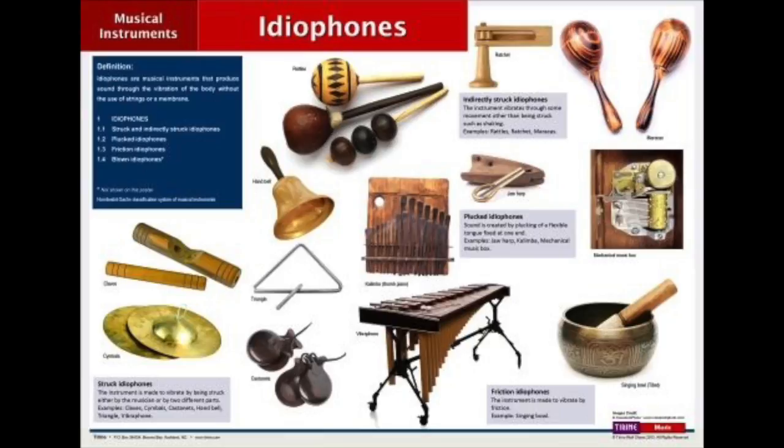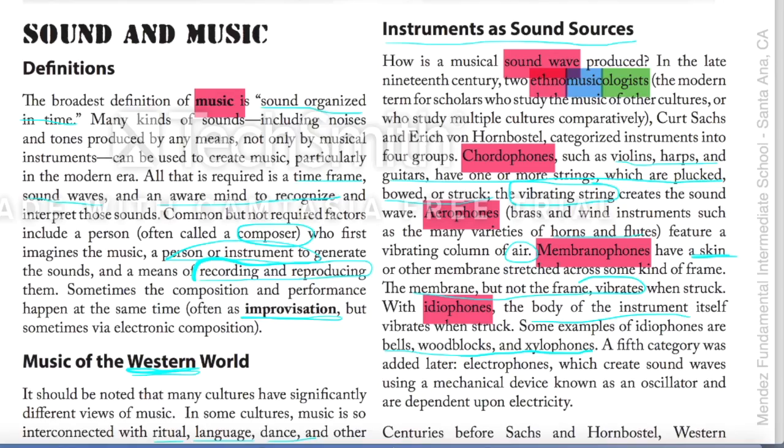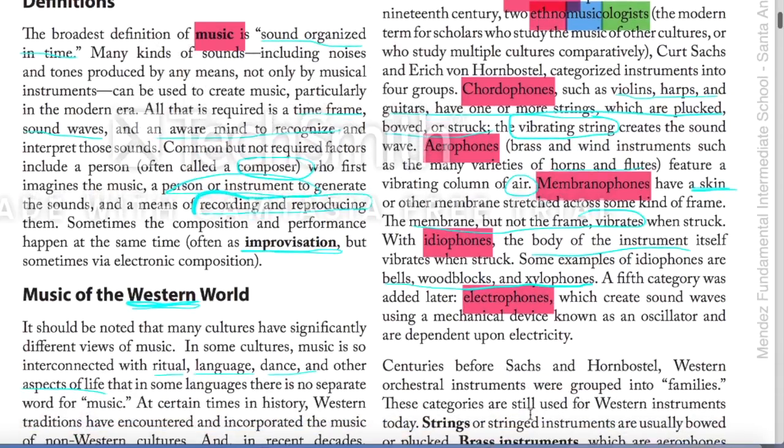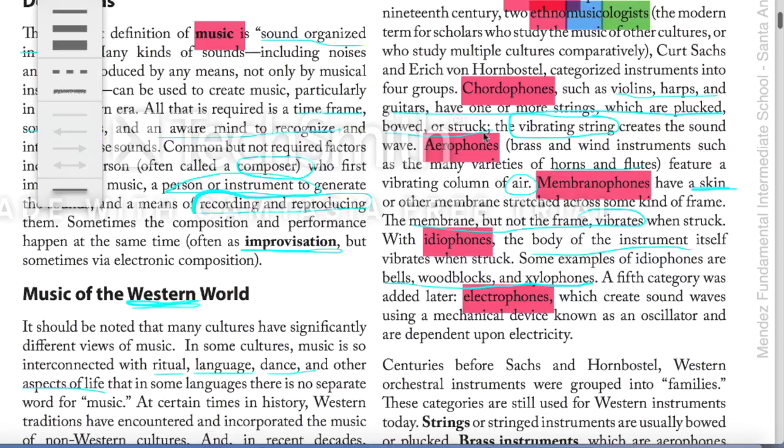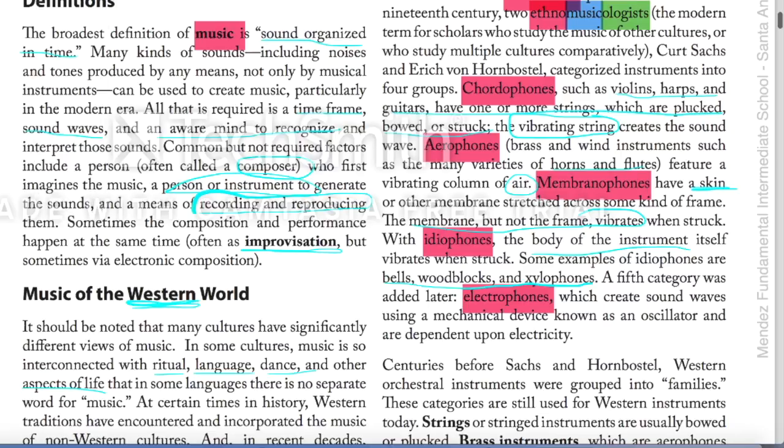A 5th category was added later. Oh, so I guess they made 4 and then they changed their mind and made a 5th one, and that is called electrophones, which create sound waves using a mechanical device known as an oscillator and are dependent upon electricity. So these are all dependent on electricity. They probably developed this 5th category because this is more modern, since we have more instruments